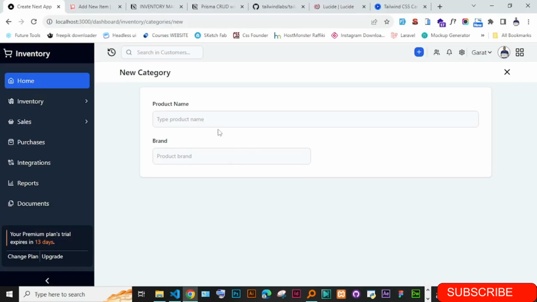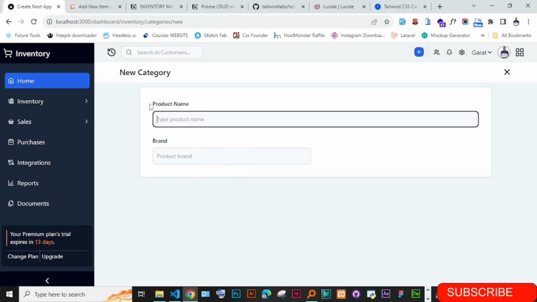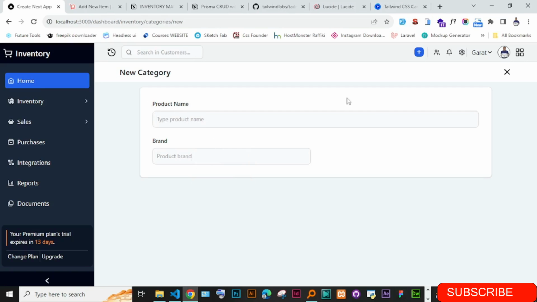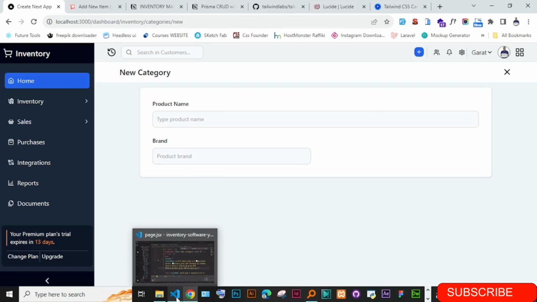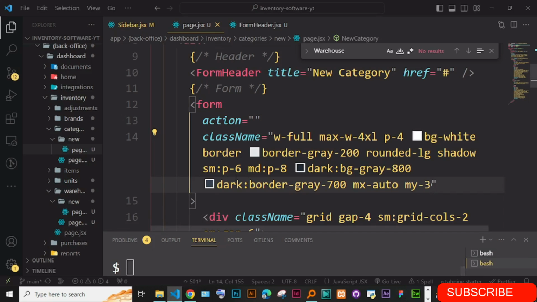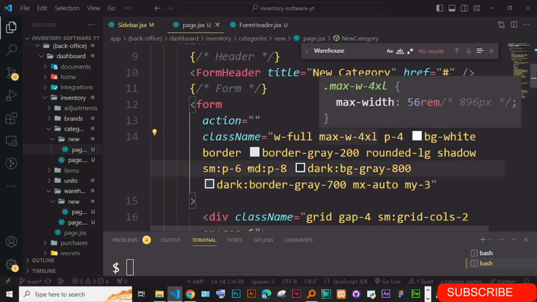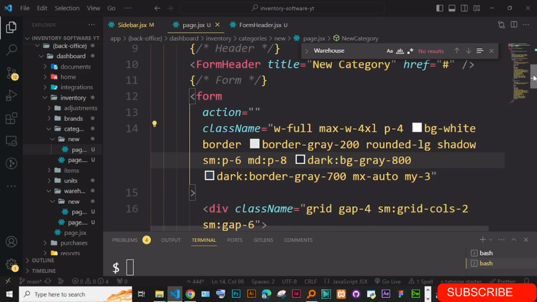Okay, so this is cool. Now we have a nice form. So what we're just going to do now is start putting in some fields, and then at the bottom we have to add the buttons. Now what you could also do, to make it even more fancy, is